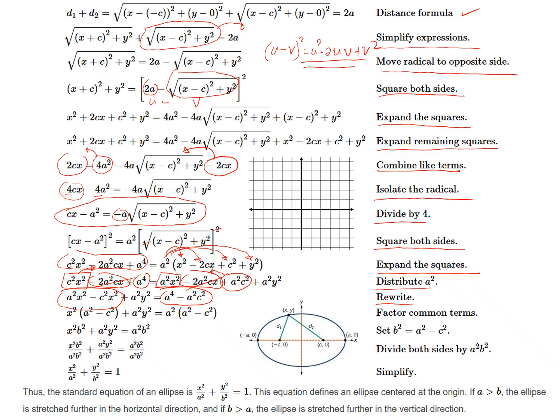Okay, and then we have another a squared y squared here, this part here. And then you combine it here. So on the left side, after combining and rewriting them, we have this one, and on the right side we have this, and then factor out the common factor, which in this case is x squared. So factoring out the common x squared, we have e squared minus c squared. Then plus e squared y equal to e squared times e squared minus c squared.